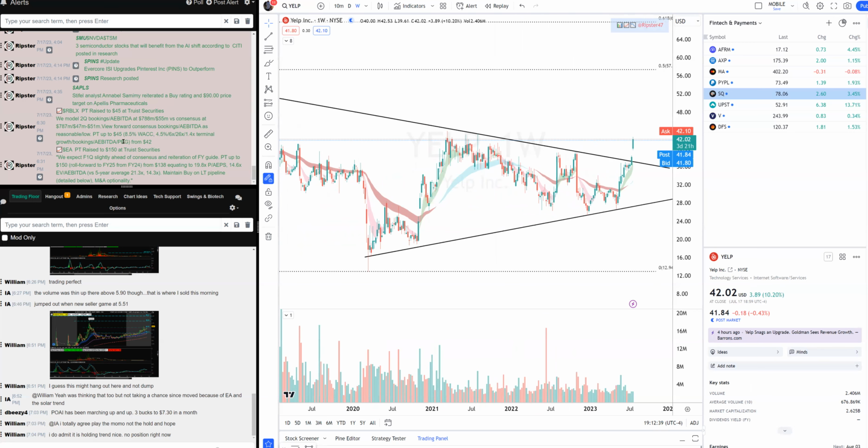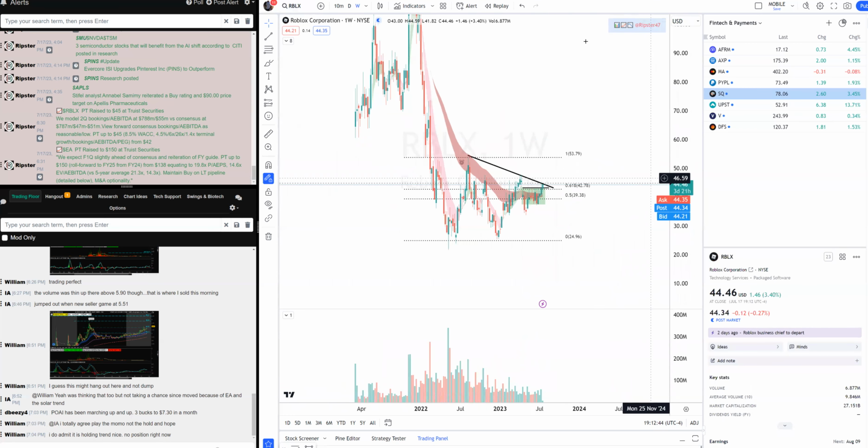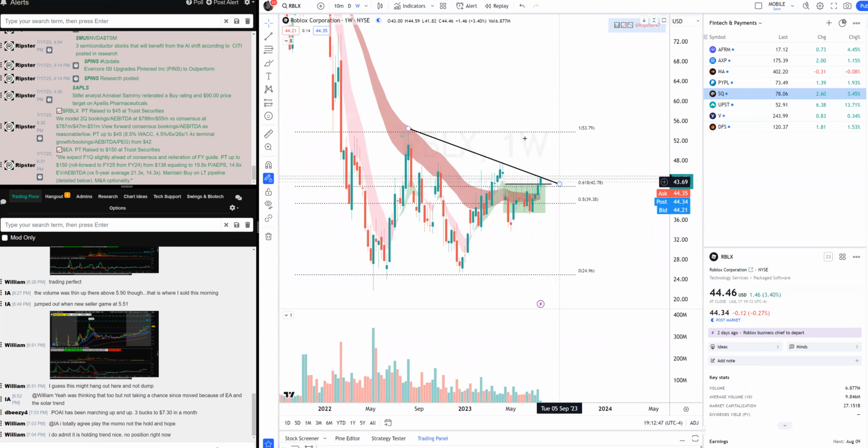Okay, guys, Roblox, keep an eye, swing before I go, breakout imminent. See, I give you all the plays. The plays are there, right? You have to choose your chart and take the play. Today I was so happy people took my charts. They did Square, they did Roblox. I can't trade everything, right? But I share. And you don't have to trade what I trade. But yes, I like Roblox. I'm in Roblox. So you decide if you like it or not. Breakout target over 50. Another video coming up, guys, about the earnings plays. We'll share my thoughts on all the earnings plays and also